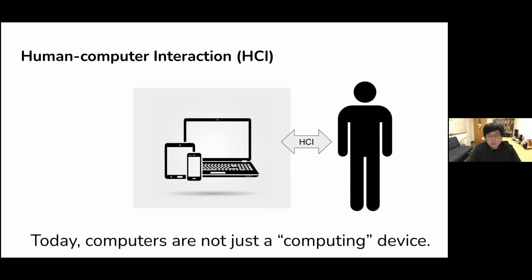It could be any kind of computing device such as a laptop, phone, or desktop computer. And computers are used in many different contexts, right? It's not just a computing device that calculates the trajectory of a falling star. It is an everyday thing. You use it for entertainment, you use it for work, study, and a lot of different things.